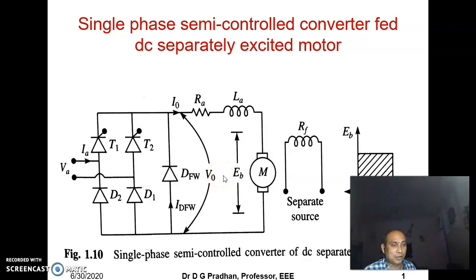So you can draw this circuit diagram. How will we proceed with this type of topic? First we will draw the circuit diagram of the system, then we will derive the voltage equation, and after that we will derive the expression for the speed in terms of torque. Then we will draw the speed torque characteristics. In all speed control problems, we will follow the same steps.